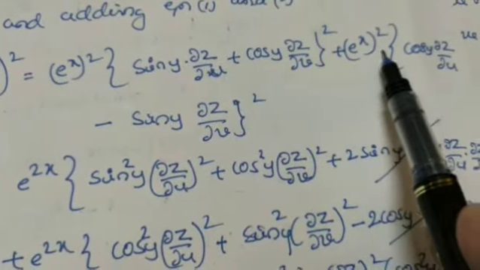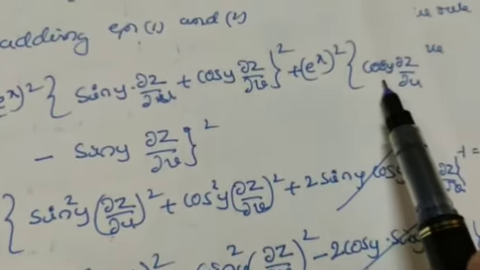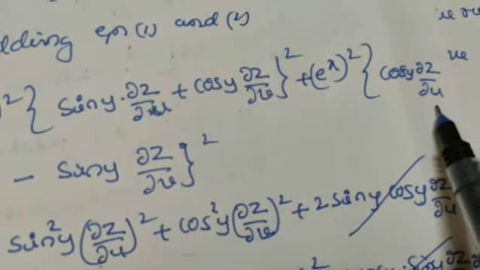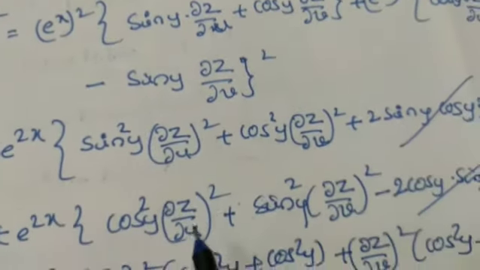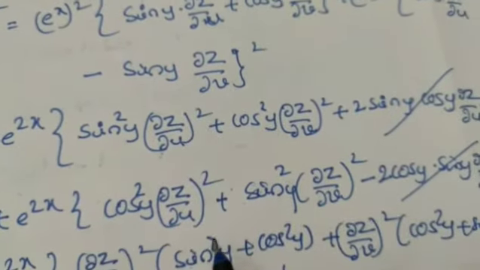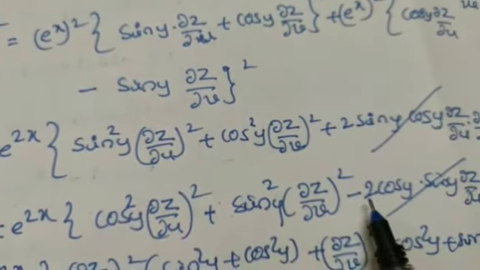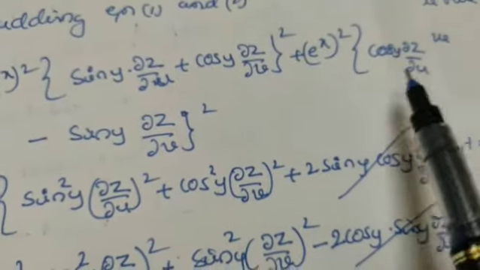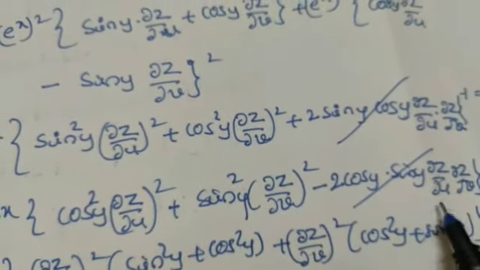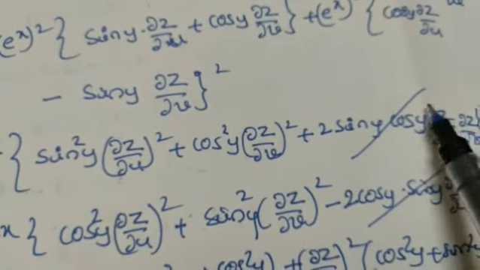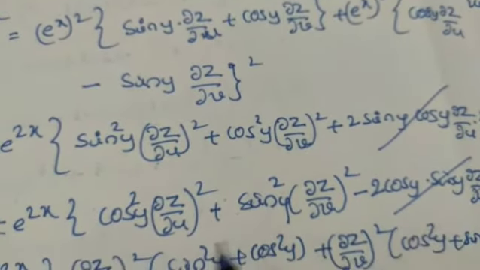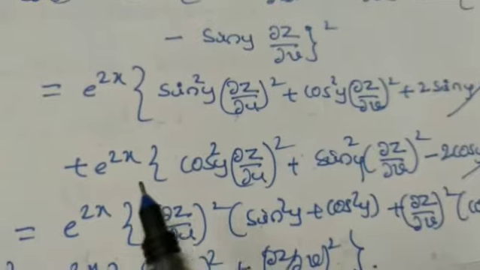e raised to 2x into cos square y (dou z by dou u) whole square, then plus (a minus b) whole square, which you have to expand here, plus sin square y (dou z by dou v) whole square minus 2ab, that is minus 2 cos y into sin y into dou z by dou u into dou z by dou v. So these two are plus and minus, they cancel here, and in the same terms,